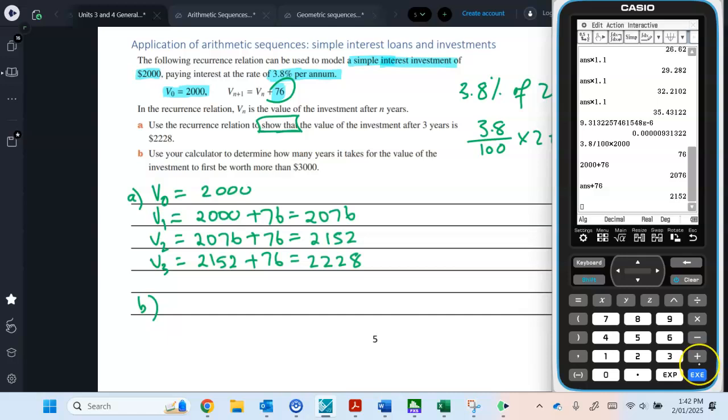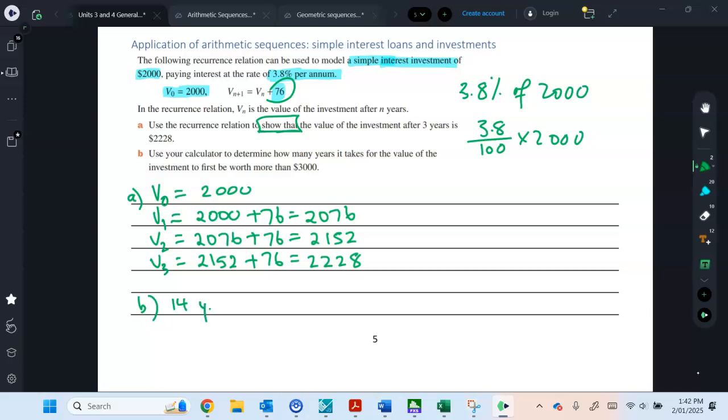So we're at 2. Notice I've done this twice. Now I can just keep pressing enter. So then we've got 3, 4, 5, 6, 7, 8, 9, 10, 11, 12, 13, 14. All right, so 14 years. Now, I think that's quite a tedious one to do. If it was only a few years, that would be fine. But getting that high, you might miscount, or you might second guess yourself,